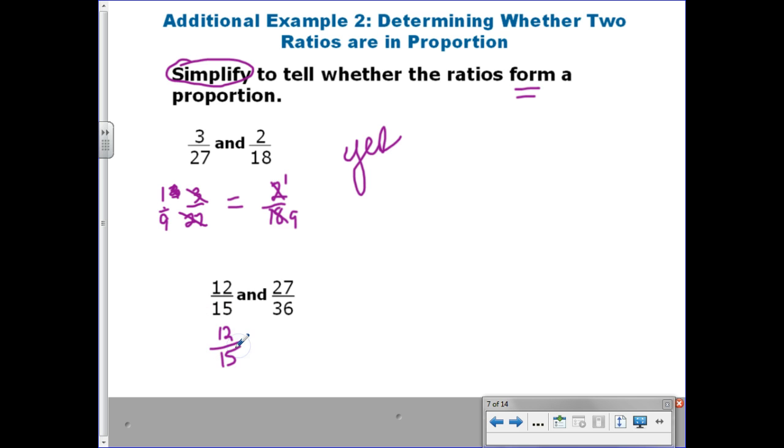12/15. Let's see, there's a common factor of 3 here. So if I divide by 3 on top, I get 4. I divide by 3 on the bottom, I get 5. What happens over here in simplest form if I divide by